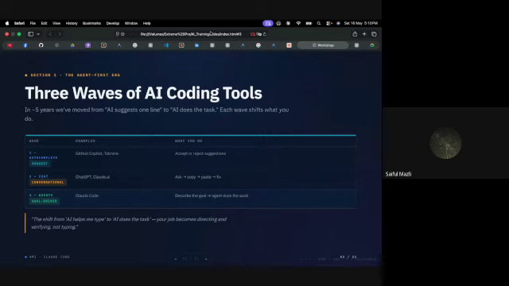And I think everybody probably tried to stick some code into ChatGPT and say, debug this for me. So that's wave one and wave two. Where we are now is where we tell the agent, the AI itself, what we want, and then it starts figuring out what to do with it. And that's where it becomes actually quite good.